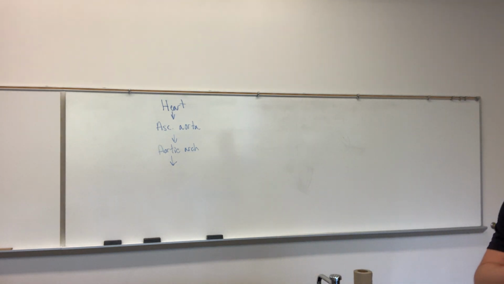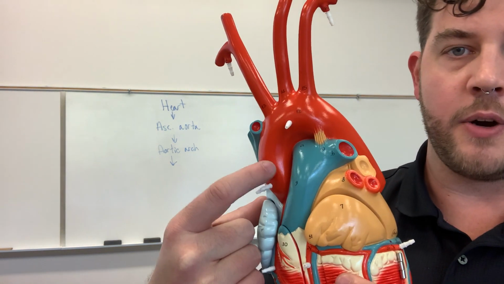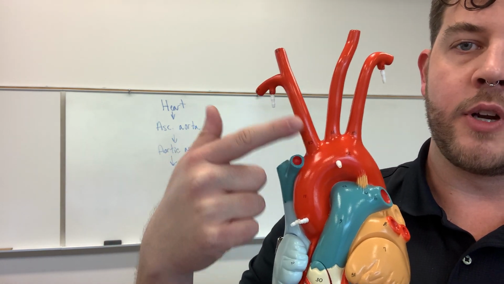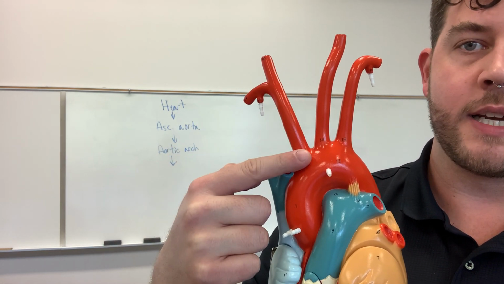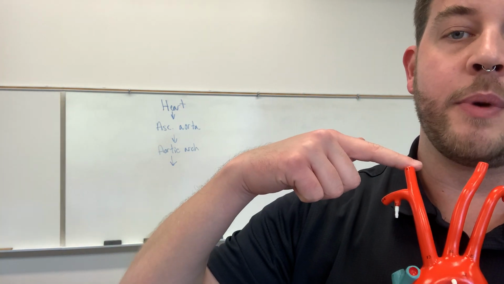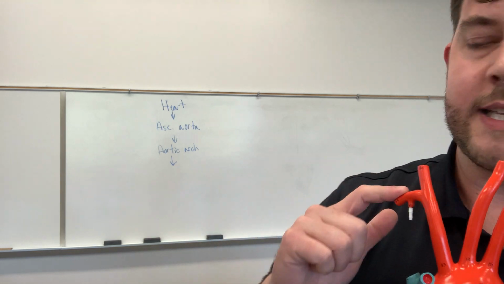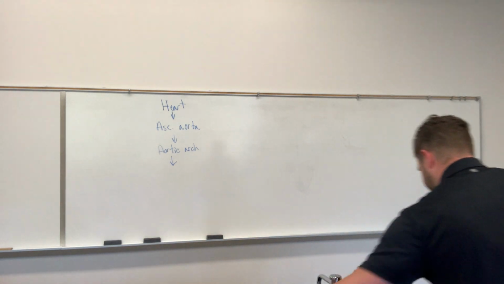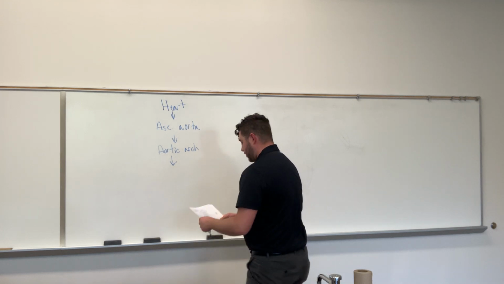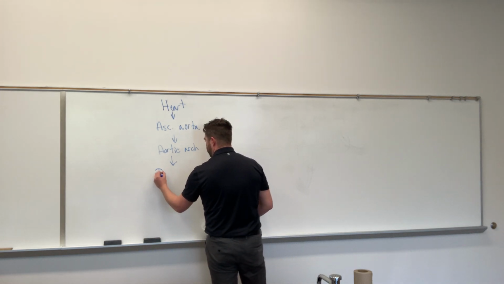So blood is coming up through the ascending aorta, the aortic arch, and we're talking about the right side. So we're going to go through our brachiocephalic trunk. And because we're going to the fingertips, we're not going to go up the right common carotid, we're going to go out through the right subclavian artery. So from the aortic arch to the brachiocephalic trunk,